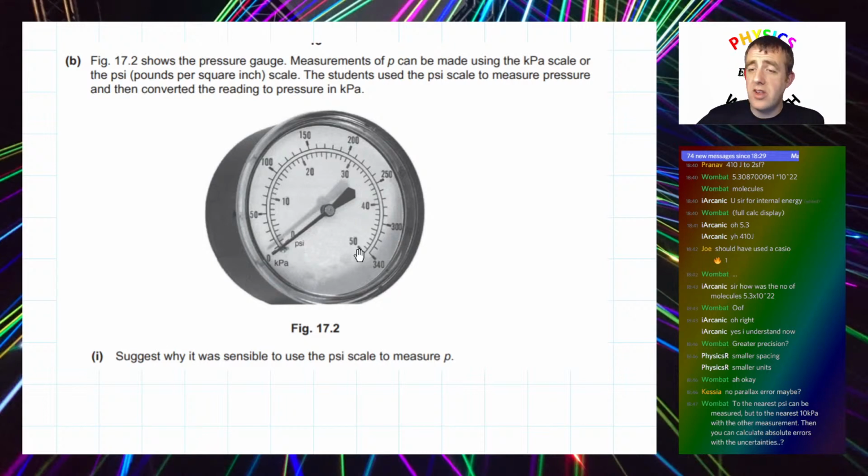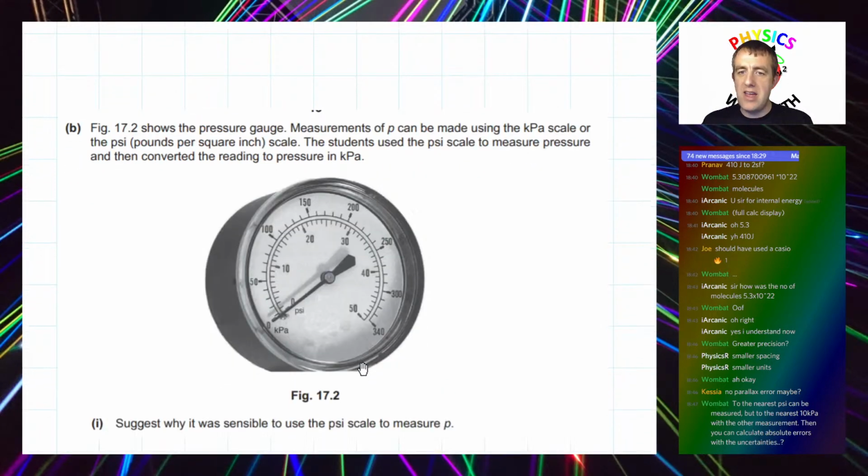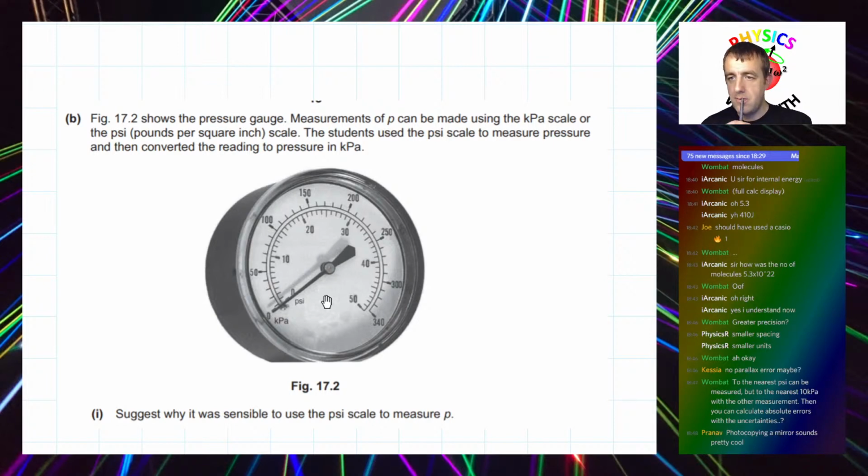Yeah, I wouldn't go actually quite as far as that one, mate. You've gone too far the other way now. Because the interval of 1 PSI compared to the interval of a kilopascal, or 10 kilopascals, you've got to do a comparison there. You can say about 340 kilopascals is about 50 PSI. But the point is, the notches are closer together on the PSI scale, so I can record a number to a higher precision, after I've done a conversion. It's a high resolution scale.